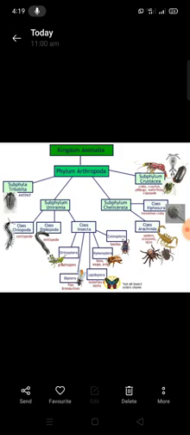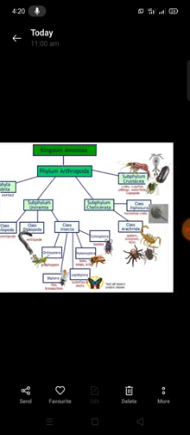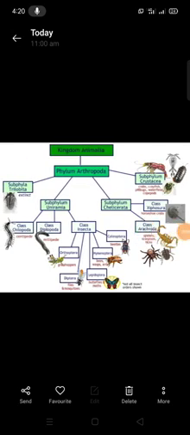Insecta includes about 9 lakh species of insects. They are present in all habitats except marine water, and the body is divisible into head, thorax and abdomen. The head bears paired compound eyes, antennae, mandibles, maxillae and the unpaired labium. The thorax bears 1 to 2 pairs of wings, or wings may be absent as in Lepisma. The abdomen comprises 7 to 11 segments and is devoid of appendages. Respiratory organs are trachea, excretory organs are Malpighian tubules. Insects are uricotelic, a water conservation adaptation. Development is mostly indirect, with larval stages and metamorphosis. Examples are housefly, silverfish and cockroach. This is the classification of Arthropoda, and tomorrow